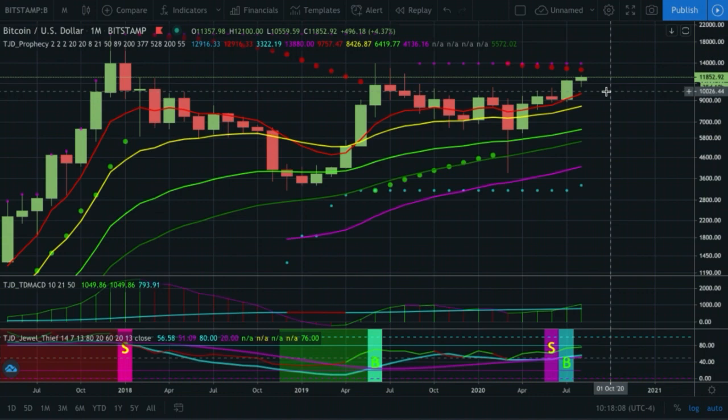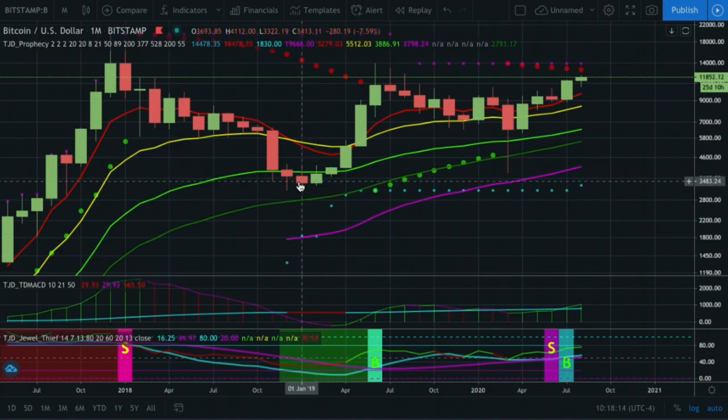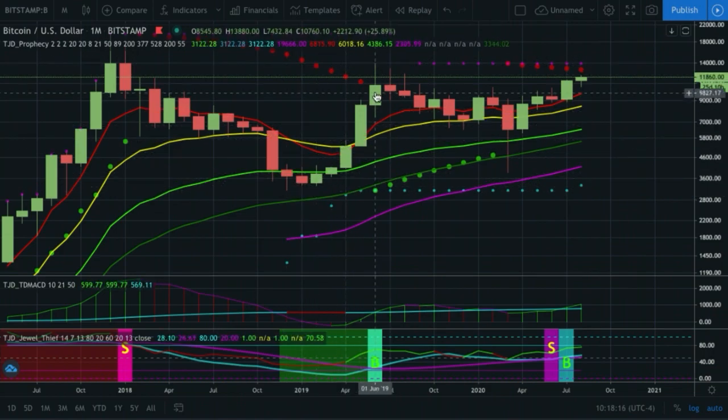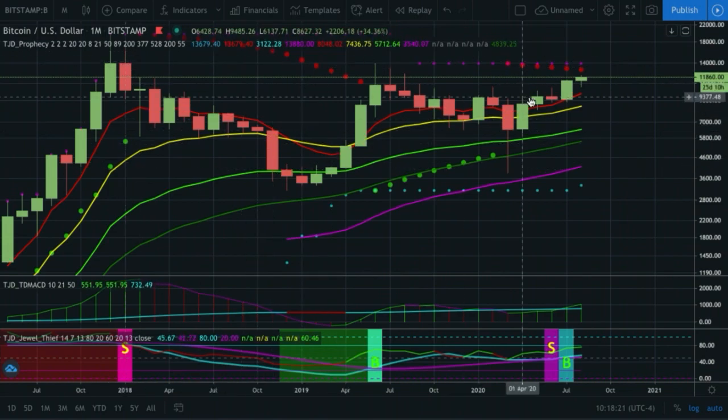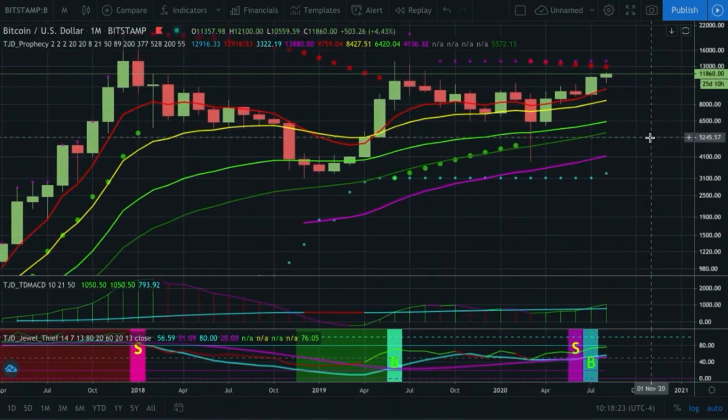That thing is still like 25% of its all-time highs. It's still way down here. It hasn't even gotten to come back up and fail to put in a new all-time high. It's not even close to that. So I guess my point is,